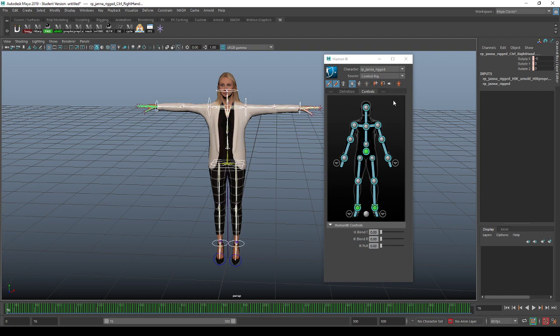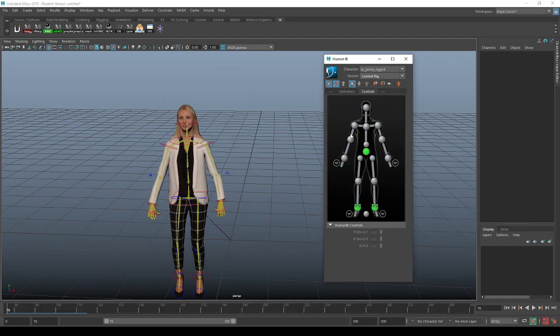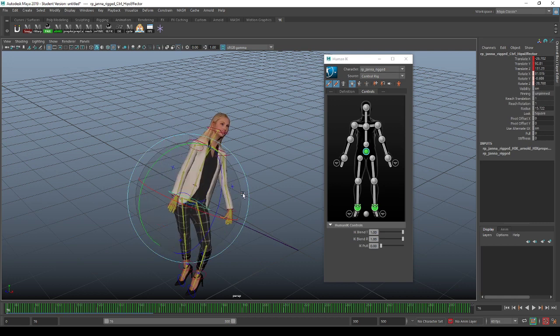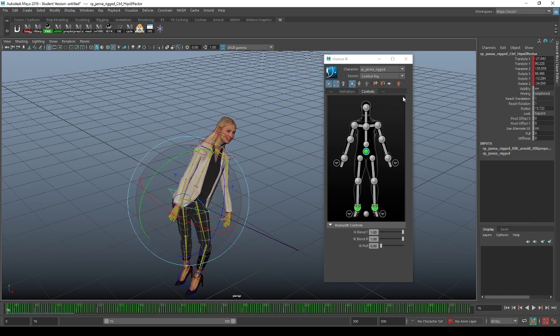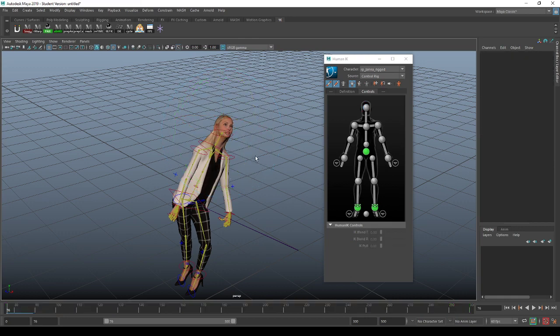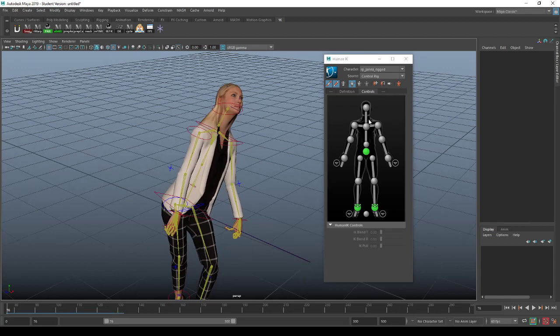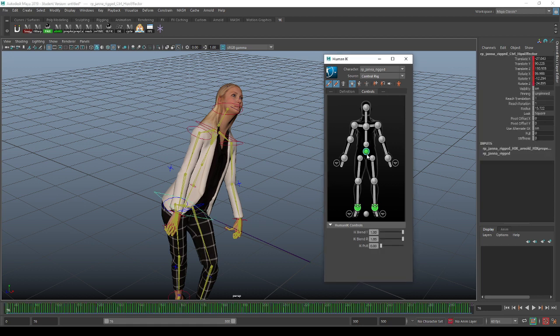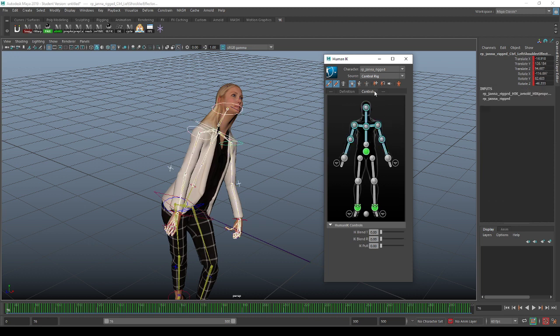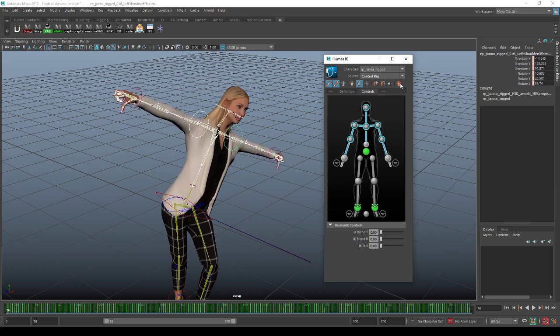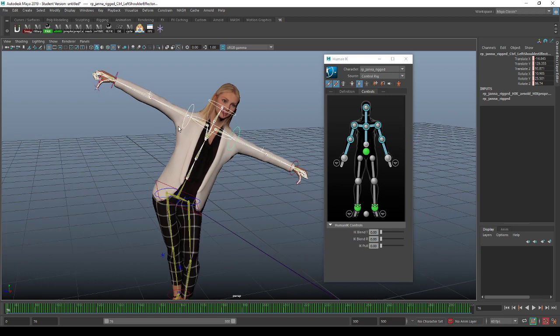This is helpful when, for example, after you animated, made a pose and you want to make the next pose and you want it to go back to, let's say, default pose, I can just select body parts and hit the reset to bind pose and you'll go back to the T pose